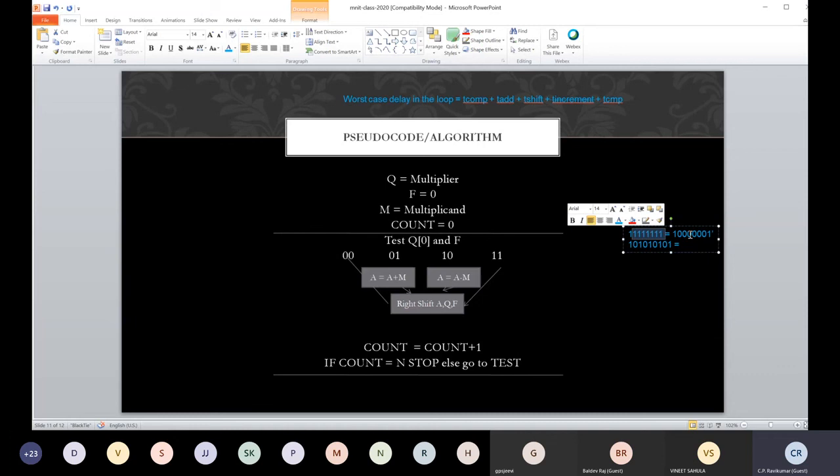if the clock speed can be speeded up during the 00 and 11 cases, but that won't be synchronous anymore. We'll need 2 clocks, and that will complicate the design, and that may be a very dicey thing to do. Somebody may decide to do it that way and say, I will use 2 clocks. One I will use for the case when it is 0,1 and 1,0, and the other I'll use for the case 0,0 and 1,1.